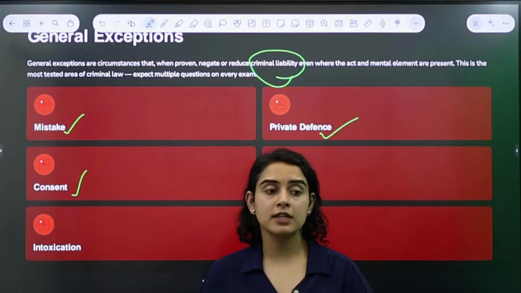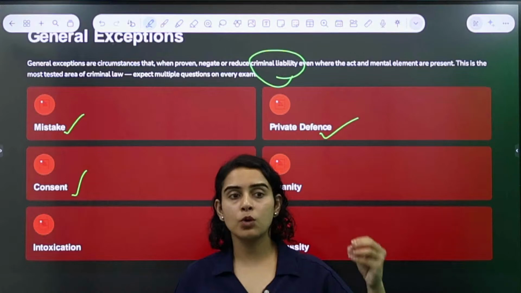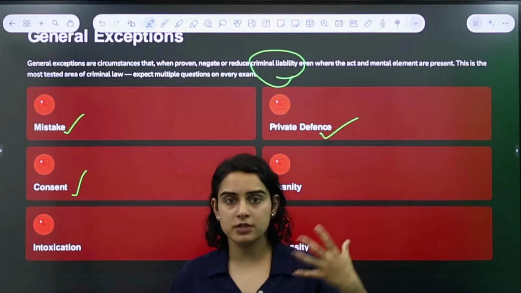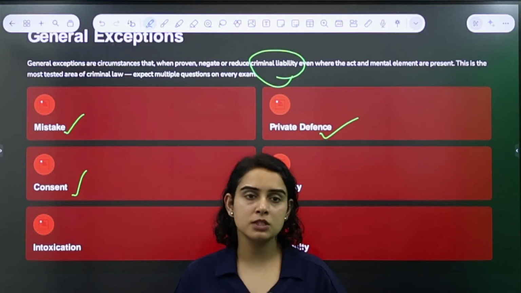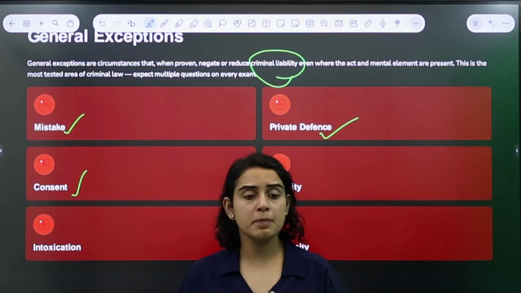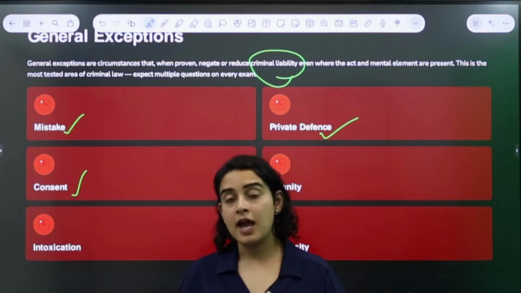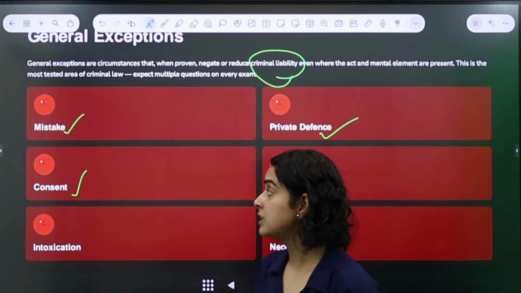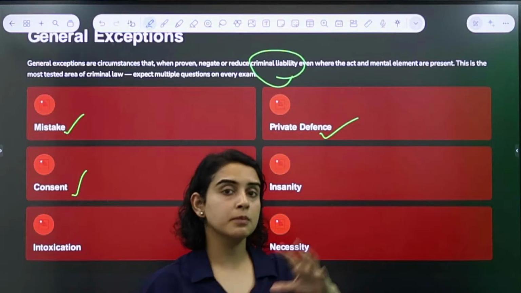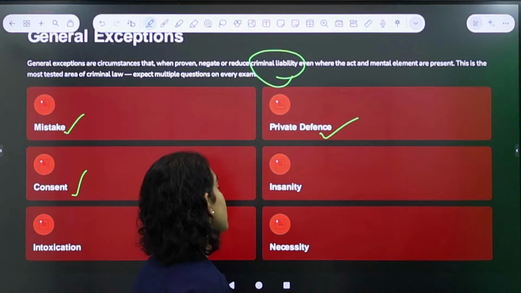If you know that, okay, this is also applicable to cricket matches. A lot of times the bowlers bowl a bouncer, and let's say that bouncer hits the batter and injures him. Can the batter say that this person has injured me with his ball, he should be behind the bars? No, because the batter knows that during a game there is a possibility that the ball might hit him and he might get hurt. So in that case, he has consented for that entire situation. So the bowler is not liable for any crime, right? So that's going to be a defense.